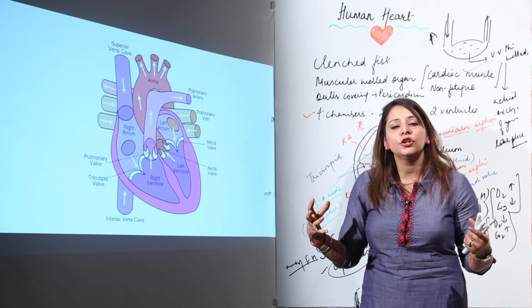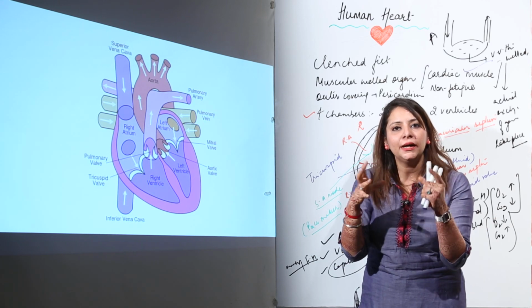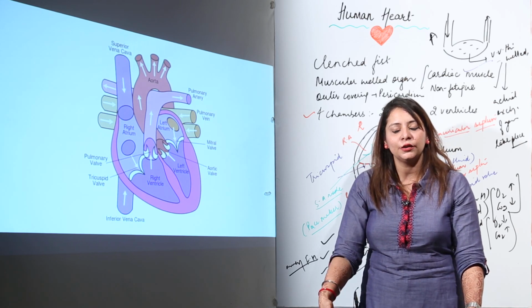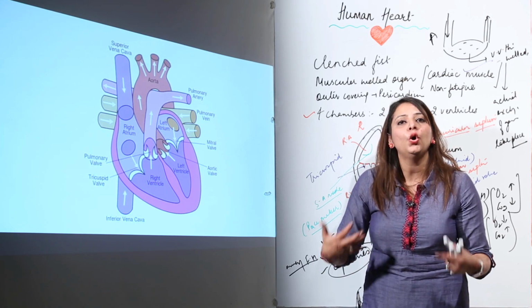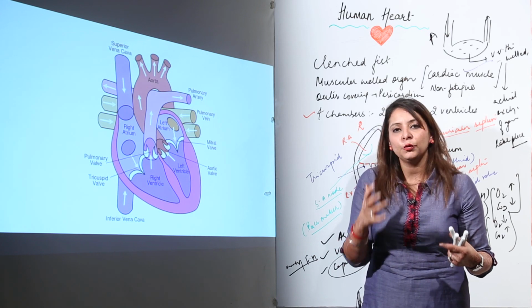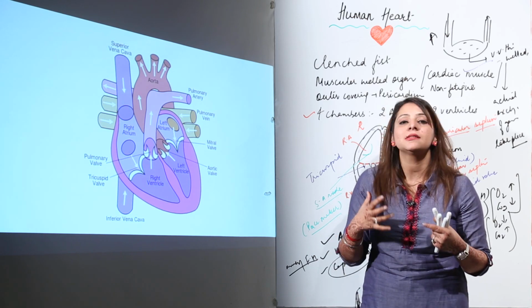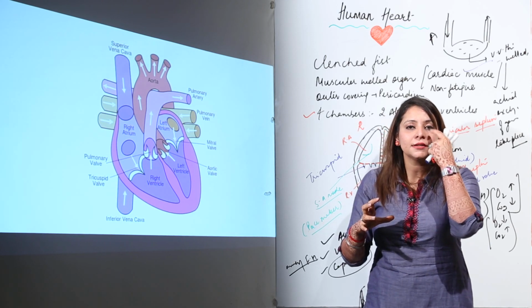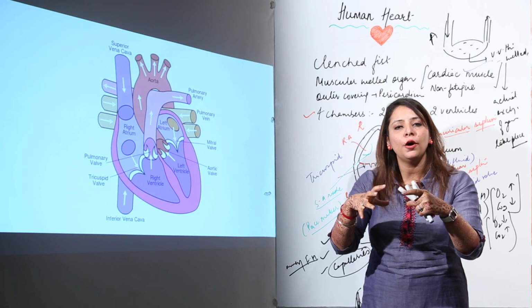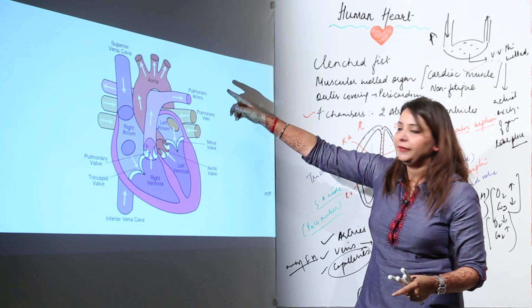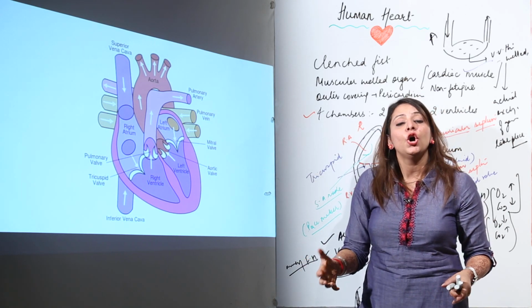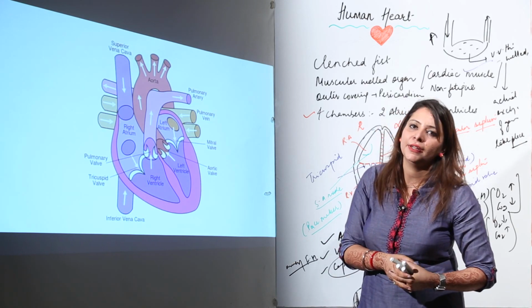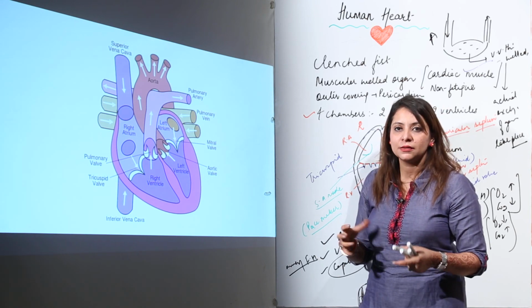So when many veins unite to form a bigger vein, the bigger vein which is formed from the lower part, carrying the impure blood from the lower part of the body, is the inferior vena cava. All the veins which collect the impure blood from the upper part unite to form a bigger tubule called the superior vena cava, and similarly all the veins from the lower side join each other to form a bigger vein, the inferior vena cava. They are going to bring the blood to the heart.